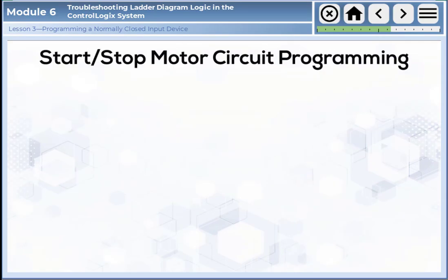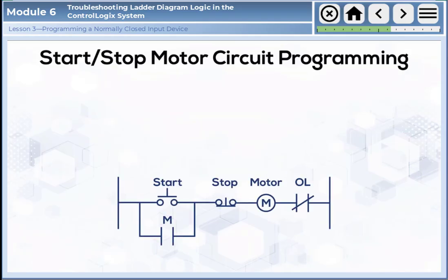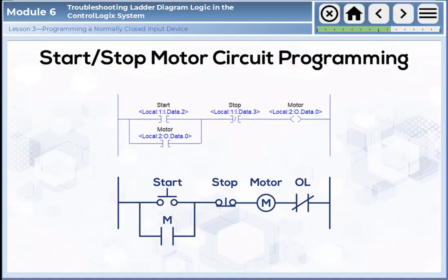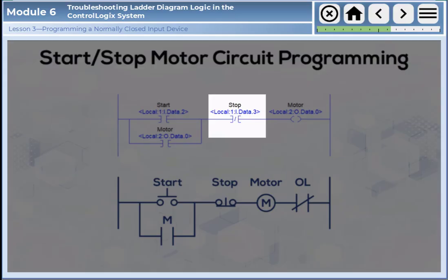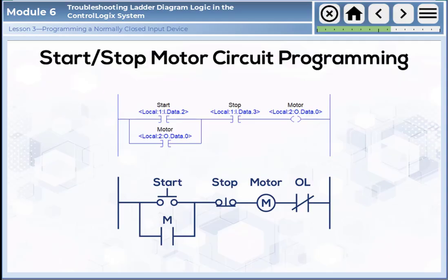Assuming that we have created the tags for this motor circuit with their respective aliases, we would think that its coding in a routine would look like this, which follows the same logic as the electromechanical start-stop motor circuit and provides the desired logic continuity to the motor when the circuit is started. However, the programming of the normally closed stop push button is not correct. The stop push button should be programmed as normally open, examine on, or examine if closed to provide the proper